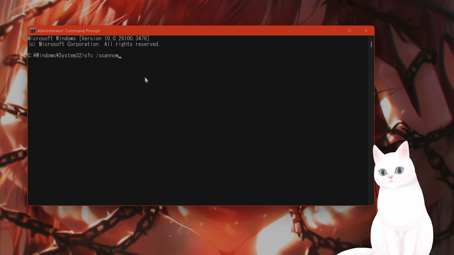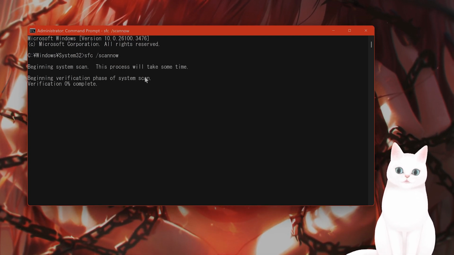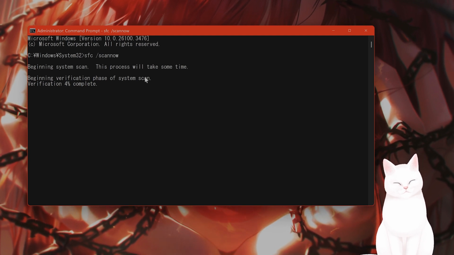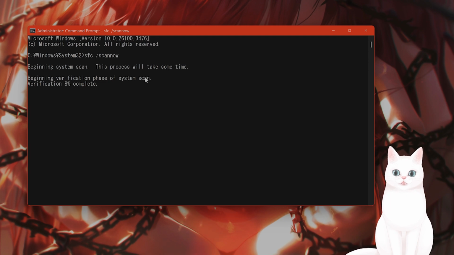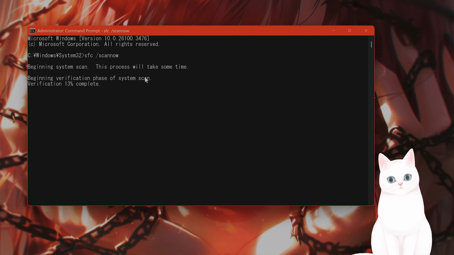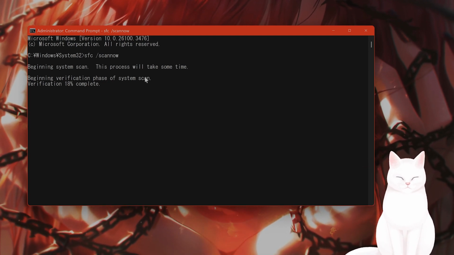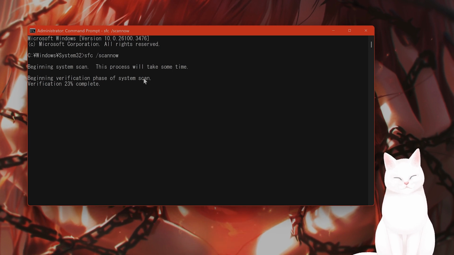sfc /scan now, all one word, and press enter. This will take a couple of minutes to do. And after it's finished, so what this does is basically checks if there are any corrupt files on your Windows system and fixes them. Okay, this should fix the error, but if it didn't, let's move on to method number